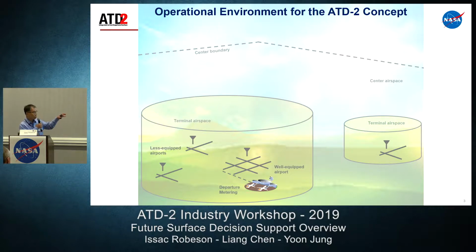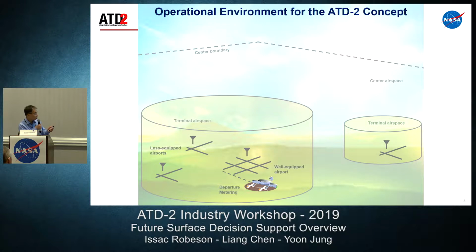One is a big, well-equipped airport with advanced technologies for surveillance and other technologies. There are also small, less equipped airports, which may not have advanced surveillance and other technologies. So we are dealing with all these different levels of airport equipage,